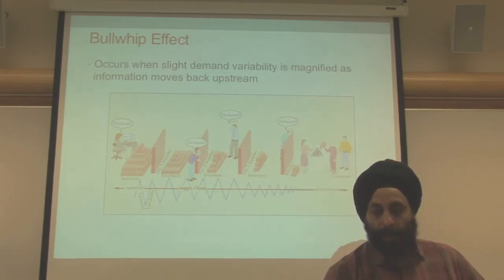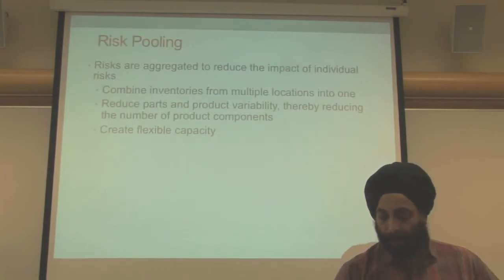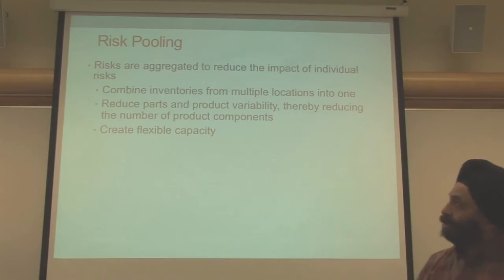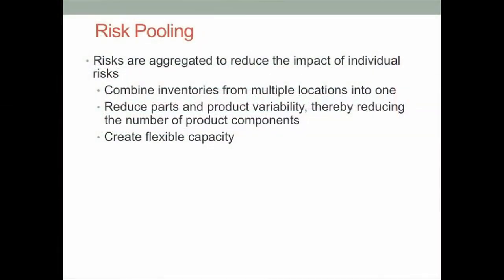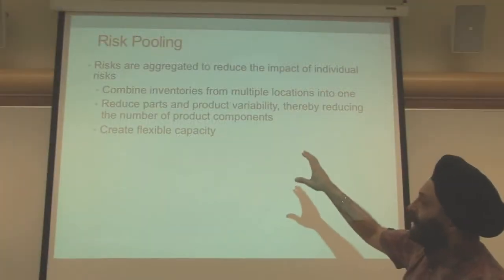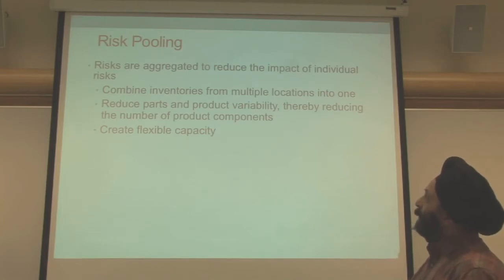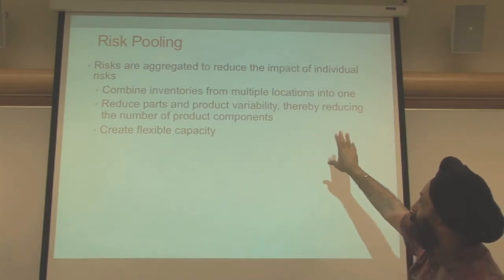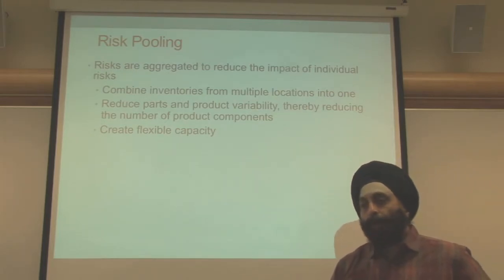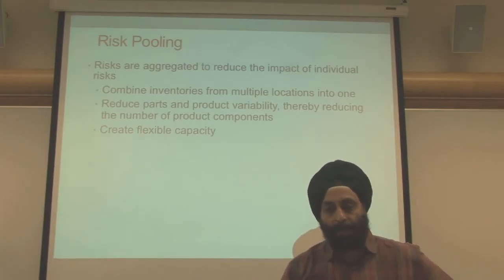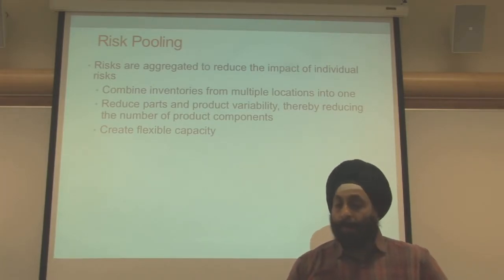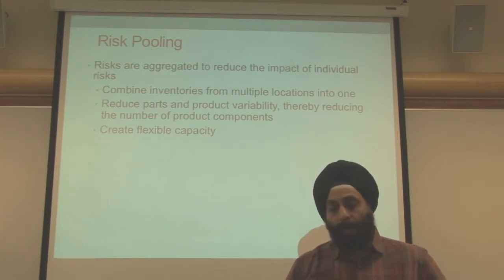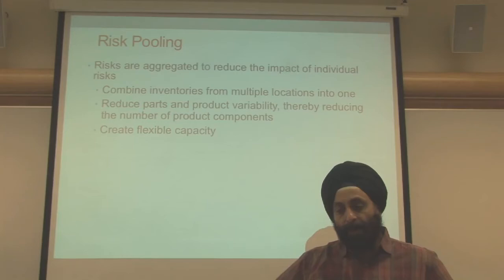Another tool to handle inventory uncertainty, supply chain uncertainty, is risk pooling, which is hedging all the risks by aggregating them, so that when risks are pooled together, it reduces the impact of individual risks. In this case, combine inventories of multiple locations into one. This is one of the reasons why Blockbuster was not effectively able to compete with a company like Netflix, which, even though it is in the business of shipping DVDs one at a time,